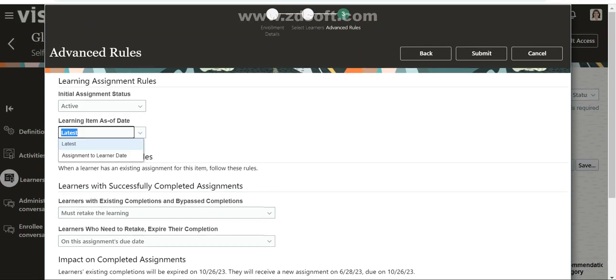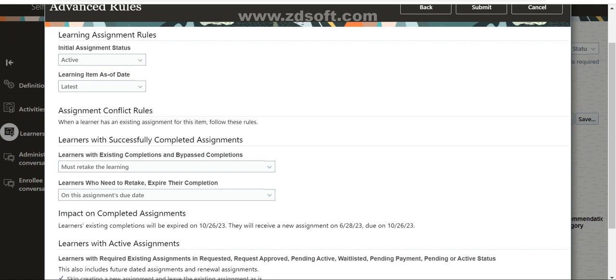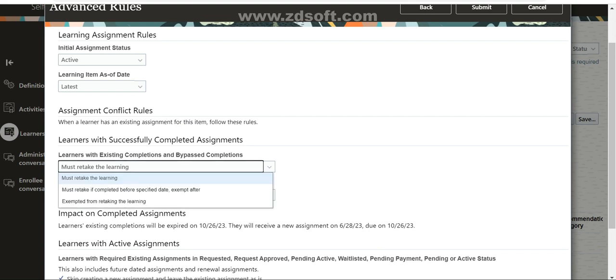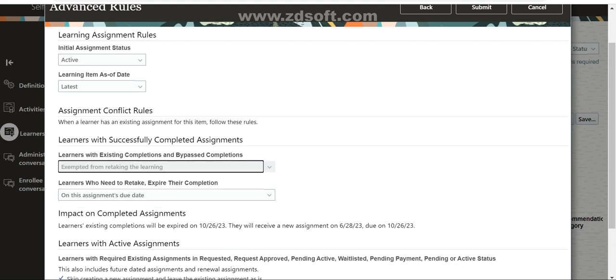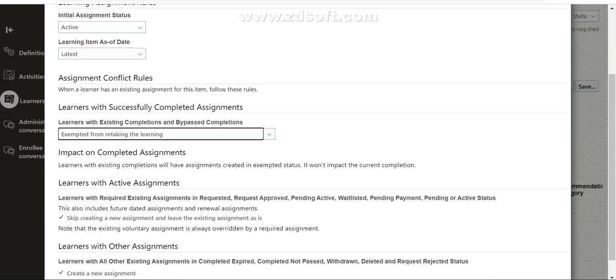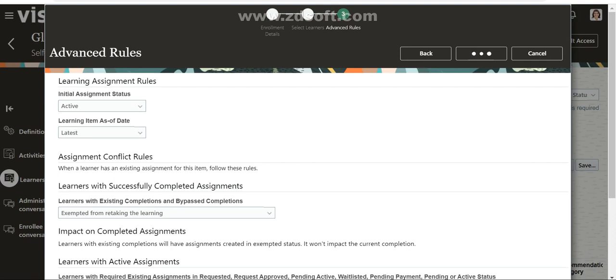Then you can specify how the course has to be completed by learners. Assignment to learner to date. Learners with existing completion and bypassed completion must retake the learning. Learners who need to be exempted from that completion. So I don't want employees to retake the training once it is completed. So I selected exempted from retaking the learning and then submit it. Once it is done,